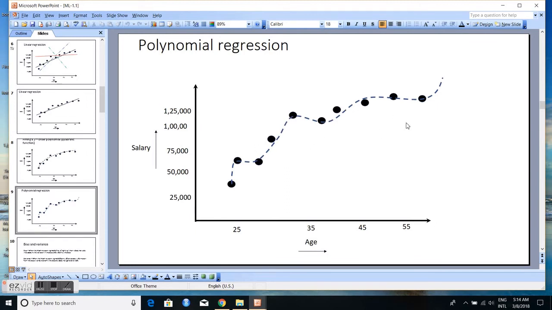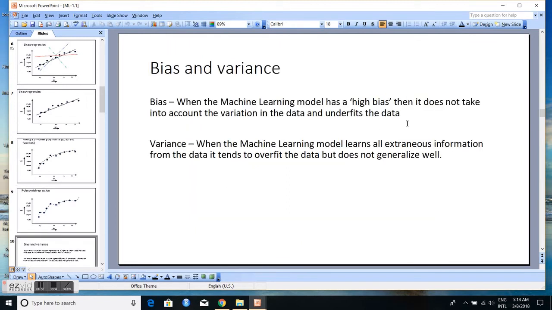And there are two important measures, bias and variance. Bias is when the model does not take into account the variation in the data, that is, it has a fixed inclination towards the data, so it is biased. Variance is when the model takes into account all the different variations of the data